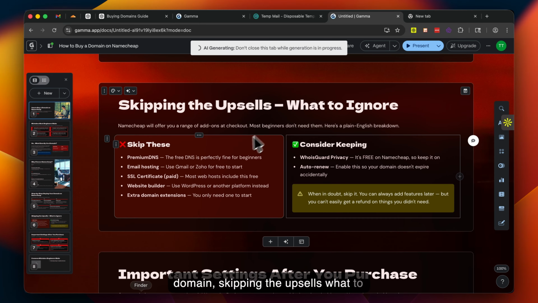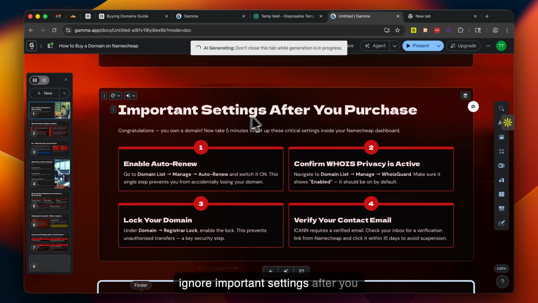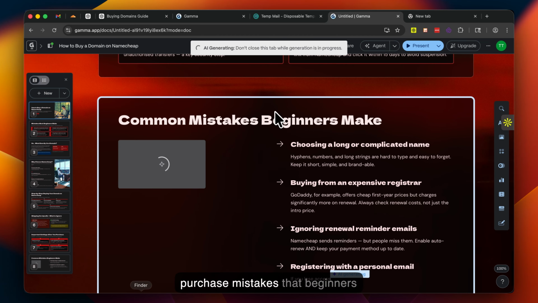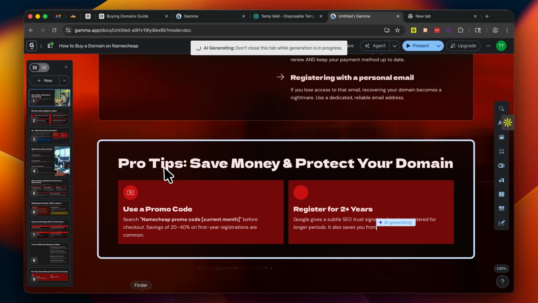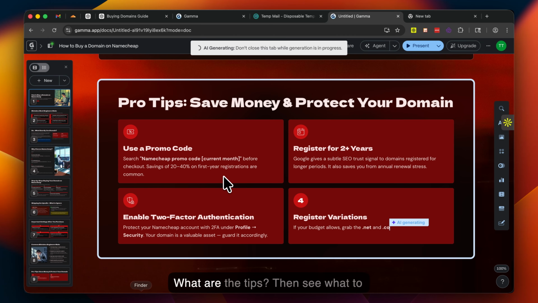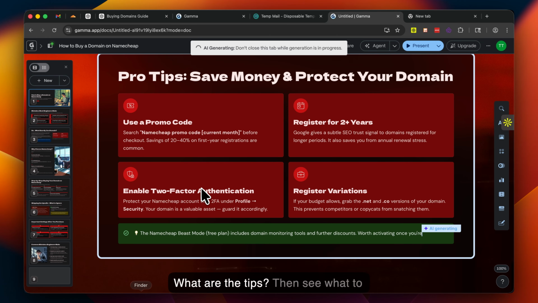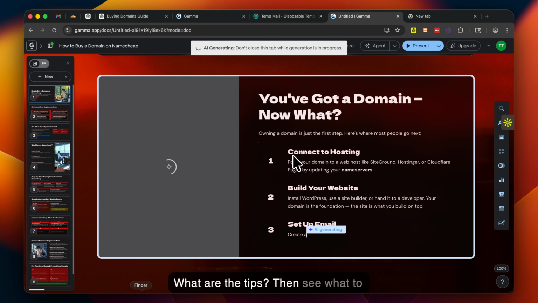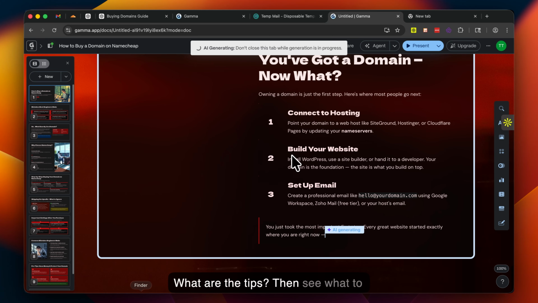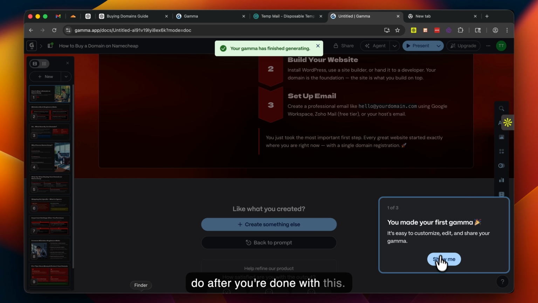Skipping the upsells, what to ignore. Important settings after you purchase. Mistakes that beginners make. What are the tips? Then, see, what to do after you're done with this.